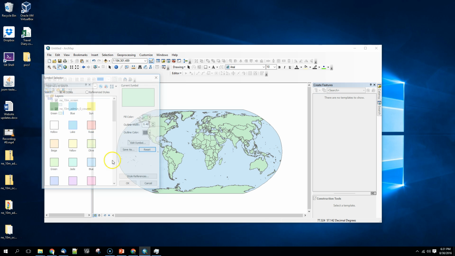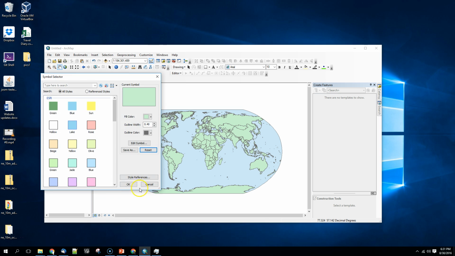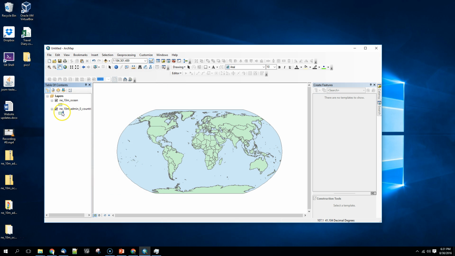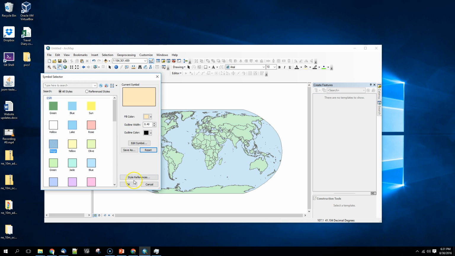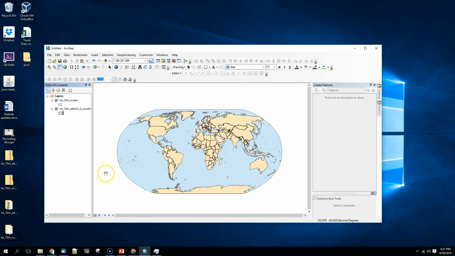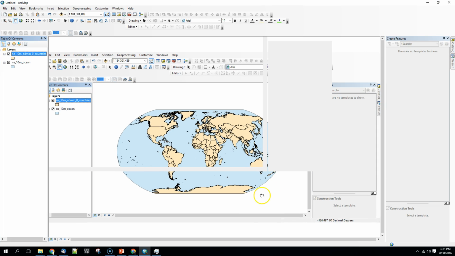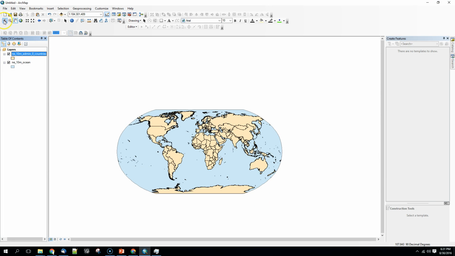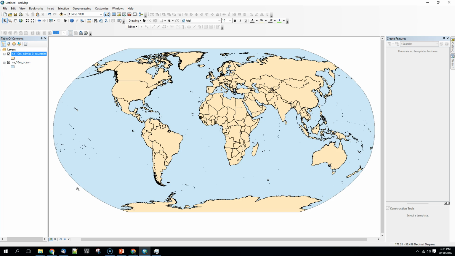We're going to do some quick tweaking here with the colors. Looks like countries came in as green. We'll start that off as beige. That's fine. And we'll just position this on top. Okay, so let's zoom in just a little bit here. All right, so we want to visualize countries by area,